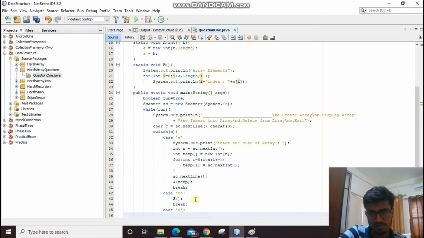So case C says it's for inserting. So for inserting we take two things. We take the element and then we take the position of that element where we have to insert. So first let's take the element which we have to enter. So enter the insert element,